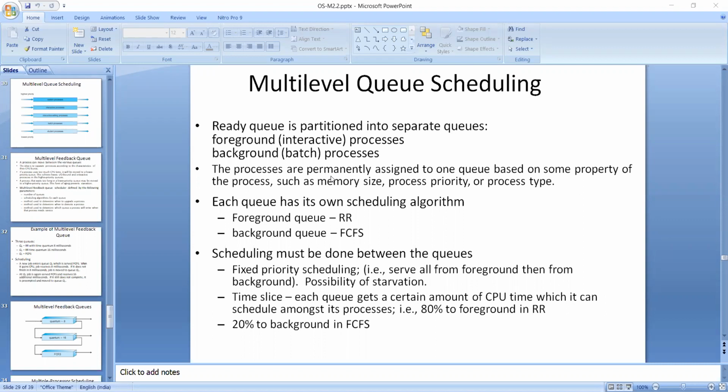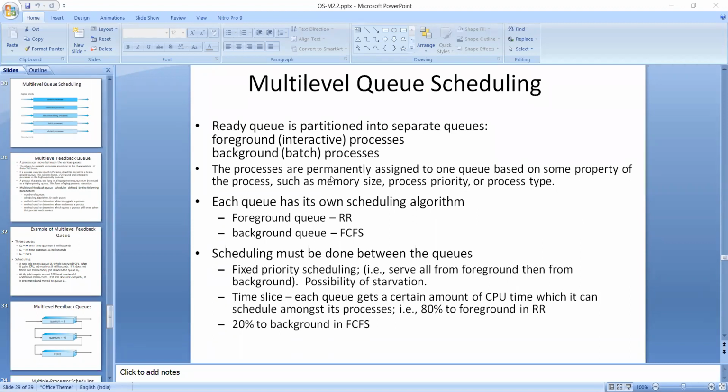These two types of processes have different response time requirements and may have different scheduling needs. That is the reason we are partitioning the processes into two different queues. Foreground processes have priority over the background processes. So while scheduling, the CPU will first be allocated to the foreground process queue. After executing all the processes in the foreground queue, the CPU will be allotted to the background process queue.